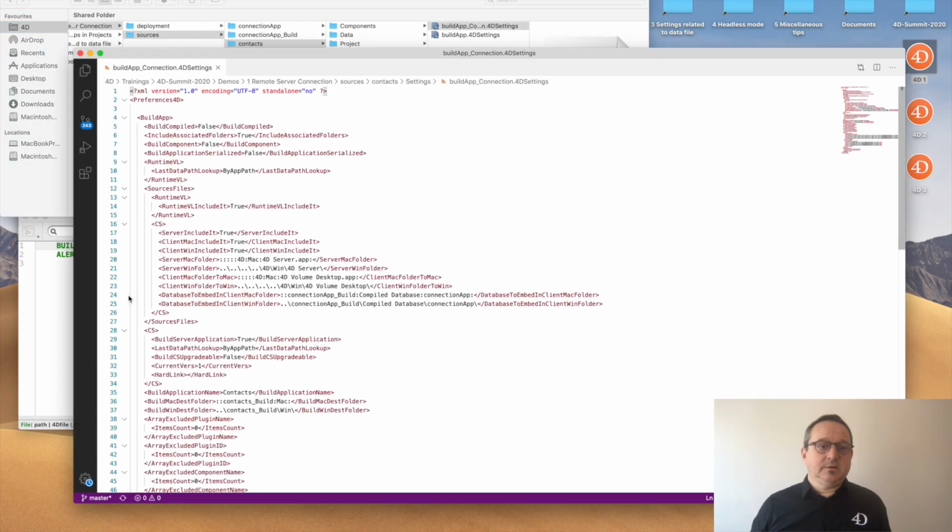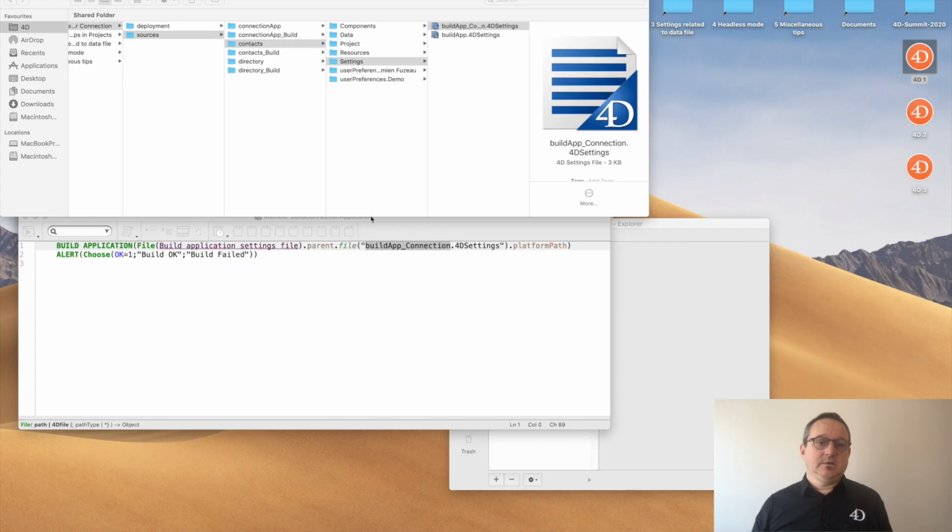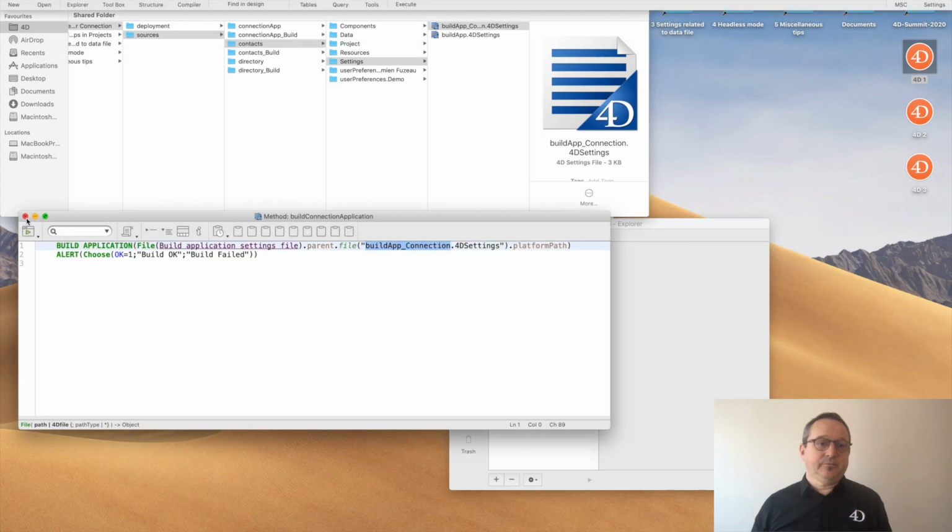So this file has two new nodes, which are database to embed in client Mac folder, and the same for the Windows folder. So you just have to set the folder where your compiled connection application is placed. Just do this. And then you build your connection application.